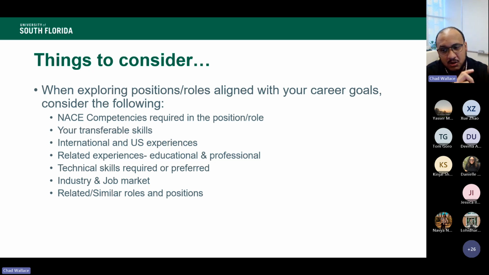beneficial. So you can determine, okay, based on the technical skills that are required, I must pursue opportunities where I'm gaining these particular skills, whether that's through my classes or through certifications or through LinkedIn Learning or something like that. And then preferred is like, okay, I should at least have foundational knowledge or some familiarity with these particular technical skills so that I can talk about it, even if I'm not an expert, not expected to be an expert, but even if I don't have proficiency in it, at least I am knowledgeable about it because at most,